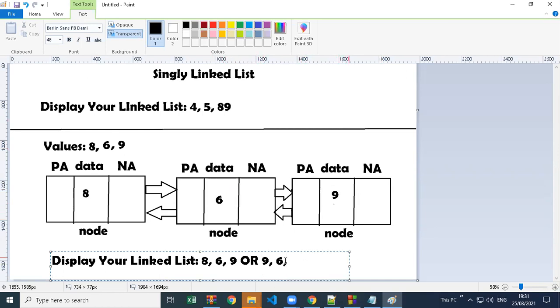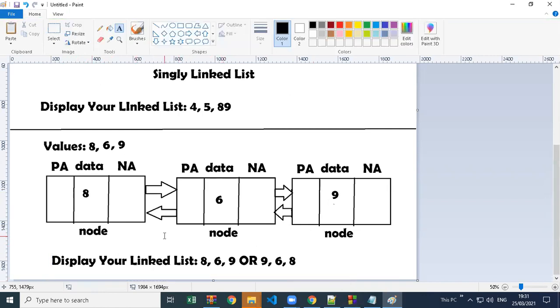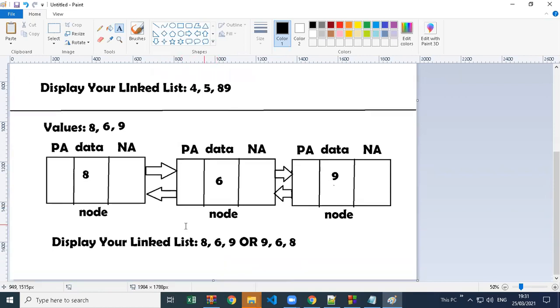And after printing 6, this node also has the address of the previous node. It can go back and print its data. So we have to create the node like this. We have to create a memory like this, which has not only data, but also the address of next and previous memories. So we can traverse in both directions.